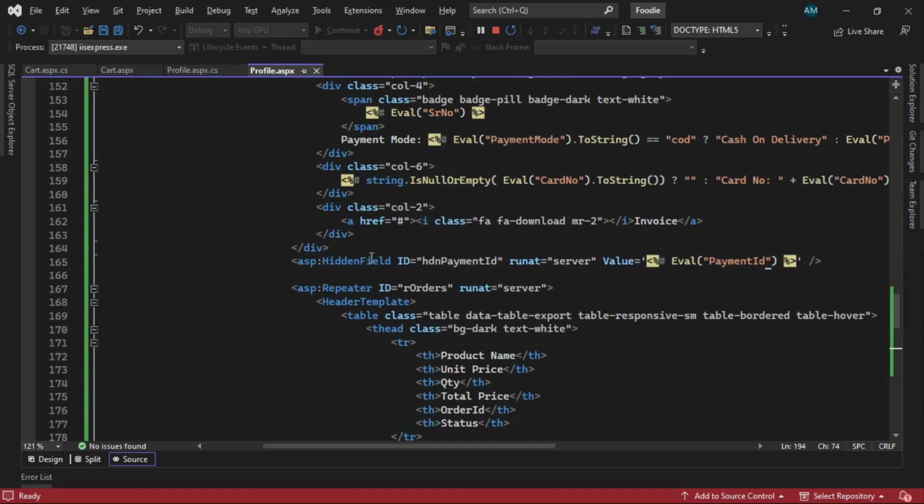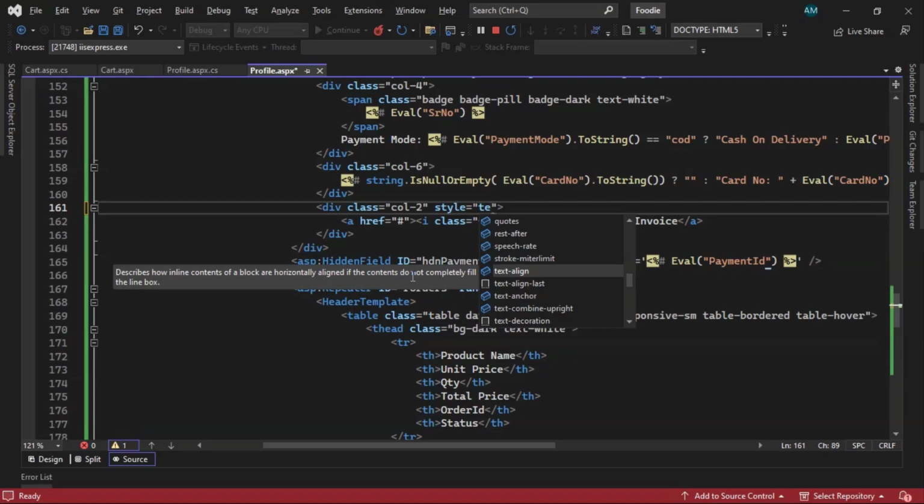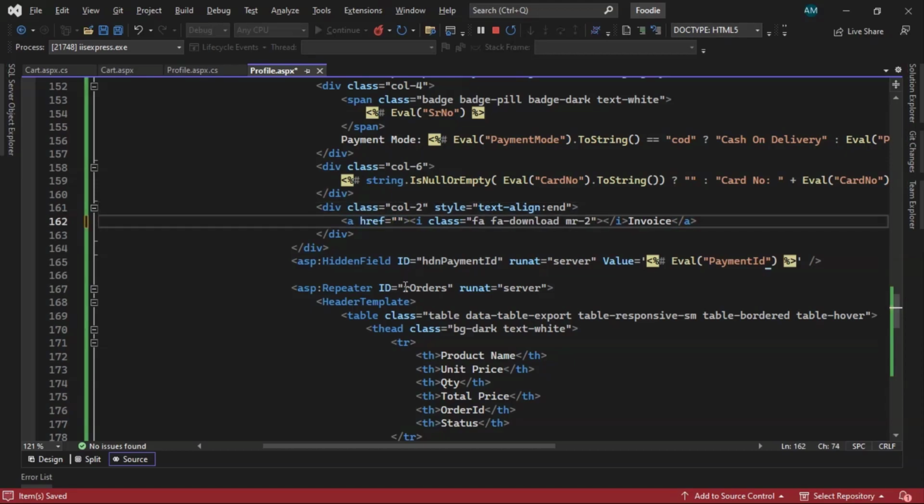So for the button, when we click on download, we have to take here the style, text-align: end, and when the user clicks on that button, it should take them to the invoice page, invoice.aspx, but we want to pass the ID as well, the invoice ID, that is id equals to